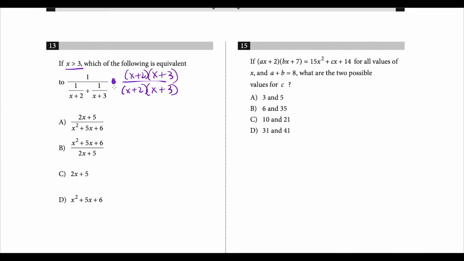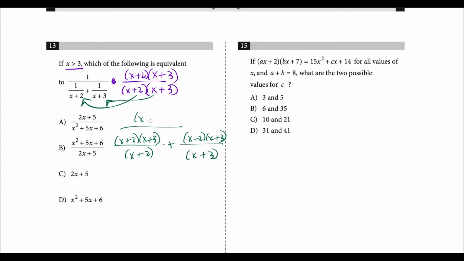So when we distribute here, and I'll show all the work for this, what we're going to have on bottom is x plus 2 times x plus 3 times 1/(x plus 2), which is going to give us x plus 3, plus x plus 2, x plus 3 over x plus 3. And then on top, we're going to have x plus 2, and we'll make that neater, times x plus 3. And now notice here, x plus 2 over x plus 2 cancels, x plus 3 over x plus 3 cancels, and now we have x plus 2 times x plus 3 over, and we're left with x plus 3 plus